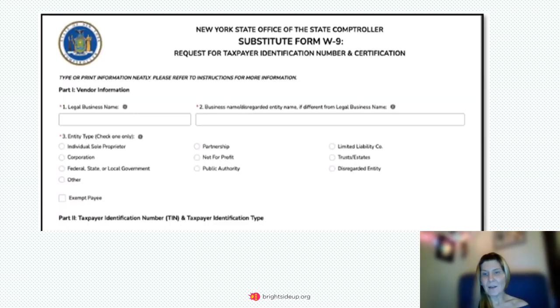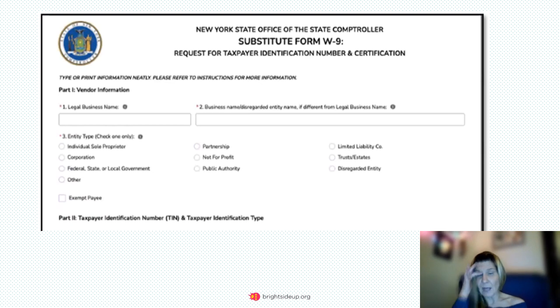If you do not have an SFS vendor account, you will need to fill out the substitute W-9 form. So I'm just going to go over a couple different scenarios so that you feel confident when you're completing this form that the information you put here is accurate and correct about your program. Most of our family and group providers operate as individual sole proprietors. So what that means is that you're a single member and you operate your business really by yourself on a day-to-day basis. There's no special requirements for your banking, and you can also file your personal income taxes along with